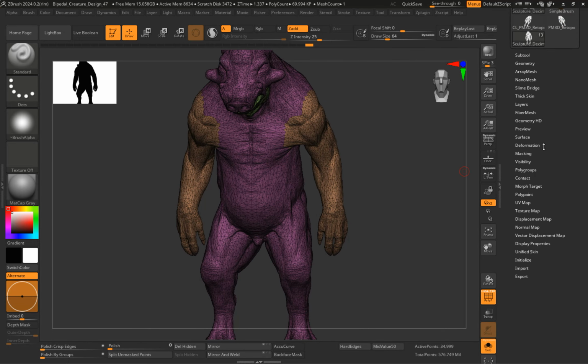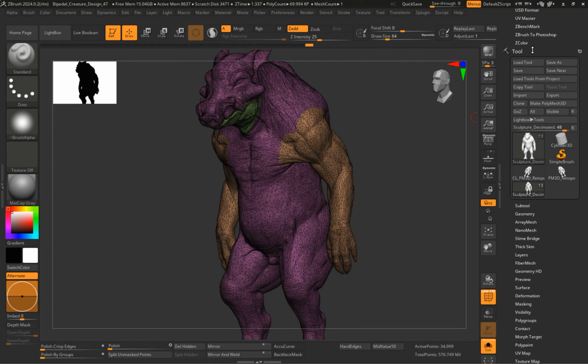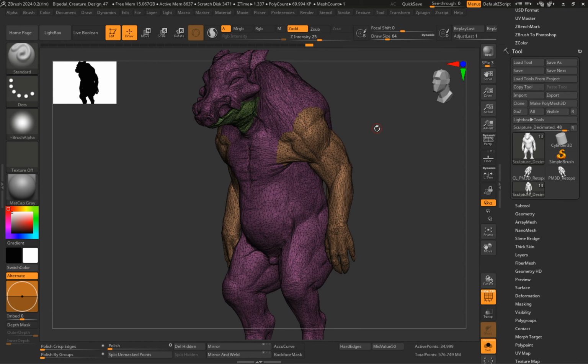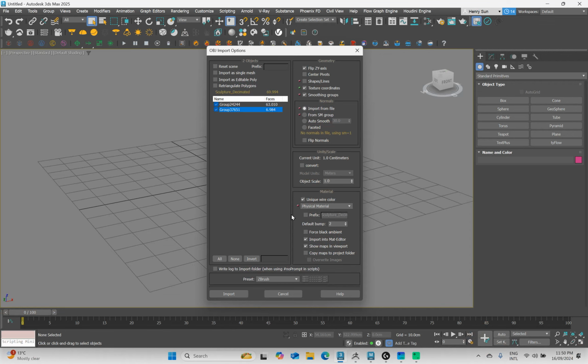So previously what we did was we went up to the Tools panel and just pressed Export. We're not going to do that today because importing an OBJ with polygroups inside Maya just doesn't seem to want to work. So this is what we should be getting. This is inside 3ds Max, and each of these groups are the polygroups. And they'll come in as separate